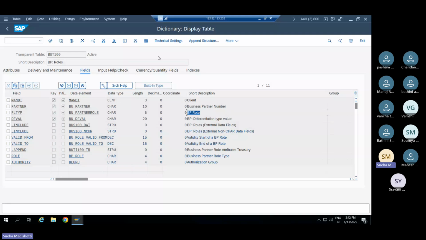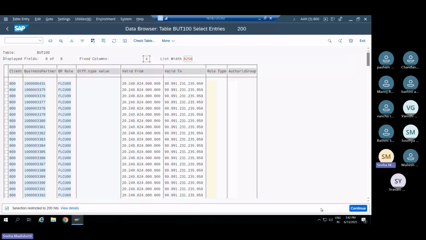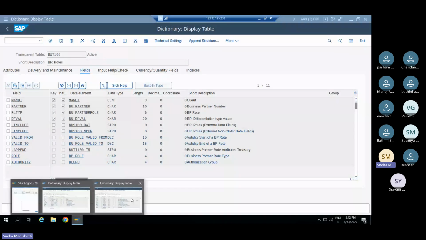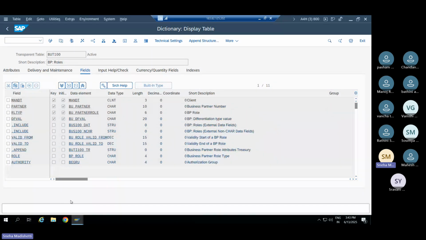Suppose if I execute, see, this business partners table and this table have a connection, like header table and item table, how they have a connection, same way these two tables have a connection. So based on this business partner number from this table, we have to delete or remove this business partner role. But here we should not write like they want to delete at a time bulk of